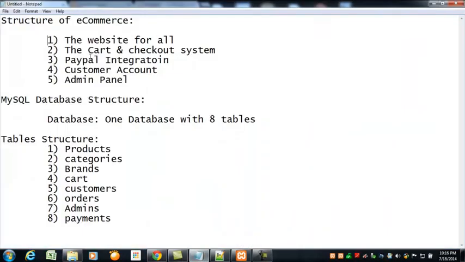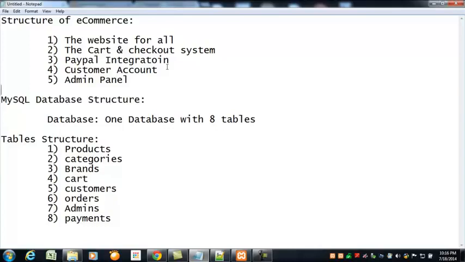the content. And the second part, the second important part of this project, is creating the cart and the checkout system. If someone is adding products to the cart, the cart must be updated and there must be some data. And the third important part of this whole project is the PayPal integration. PayPal is basically an online transaction system which we can easily integrate into our applications and